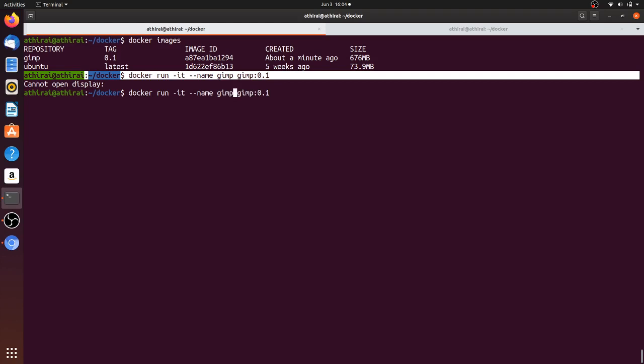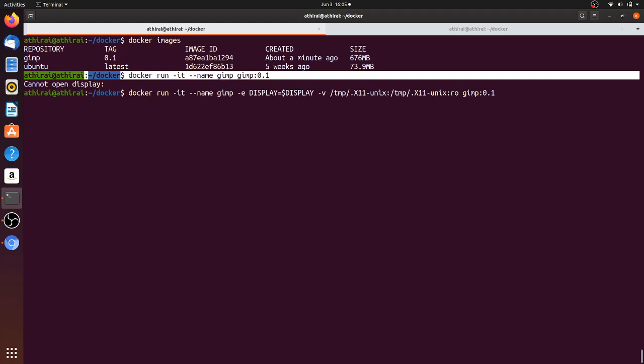We have to send an environment variable DISPLAY equal to $DISPLAY. This will set the display of our server, and then we have to mount the X11 socket inside the container in the same path, in read-only mode, just to be on the safer side.